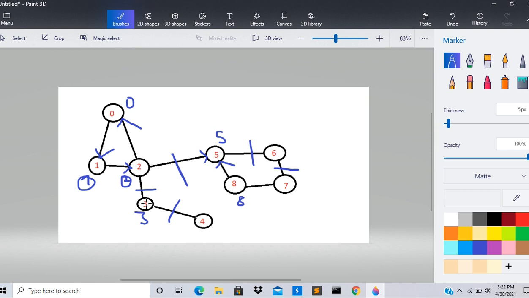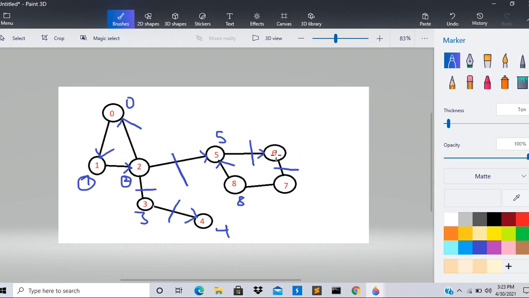Now we'll apply depth first search on node 3. We had added only this edge. So from node 3 it can go to node 4, and node 4's low link value is 4, which is greater than the current low link value of node 3, so it won't get modified. Similarly from node 5 we can go to node 6, node 7, node 8, and we can come back to node 5, but the low link values of each of them are greater than the current low link value, so the low link value of 5 won't get modified.